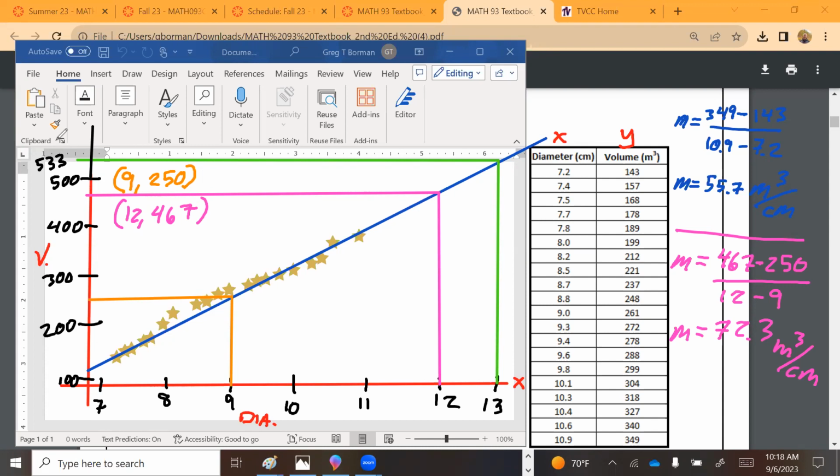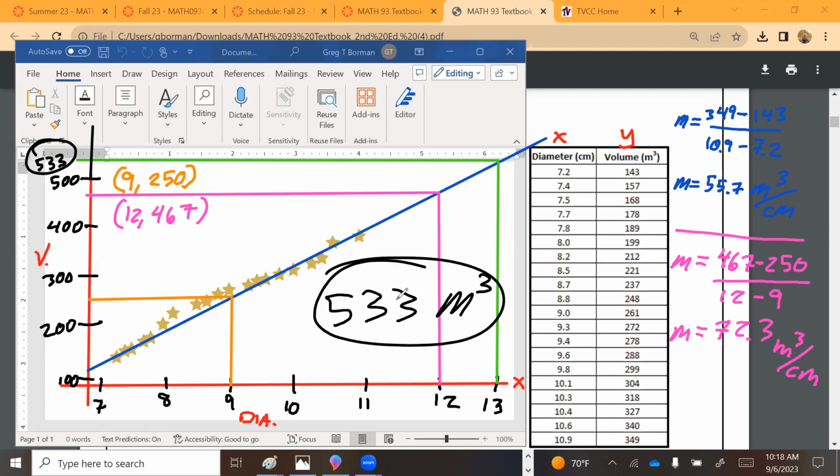So I'm going to say 533 cubic meters of tree. 533 cubic meters. And that would be it. That's how I would go through this problem and pretty much all of